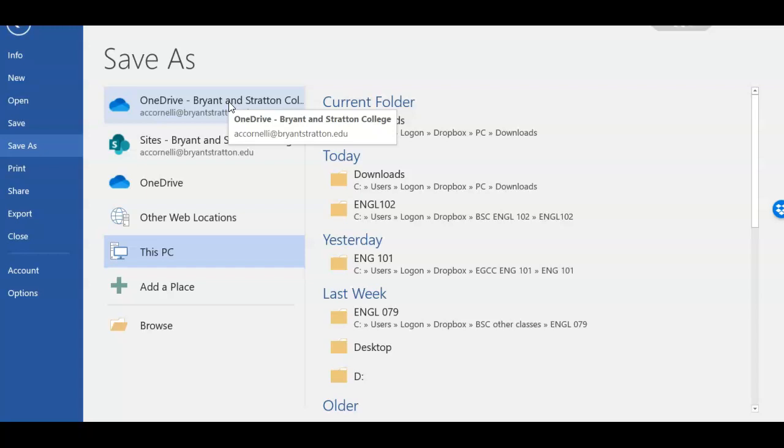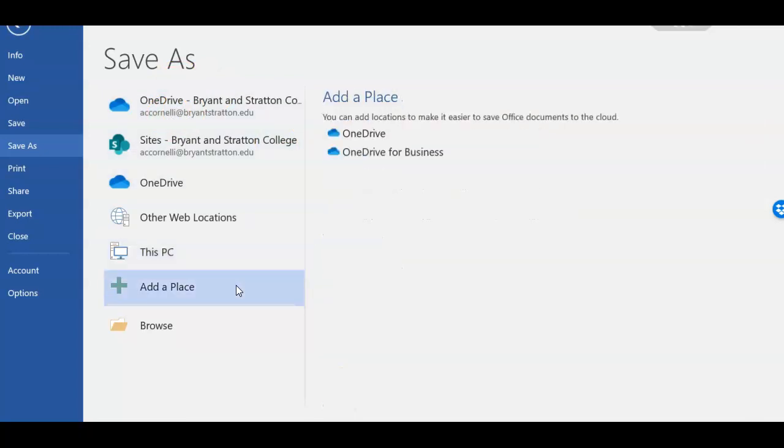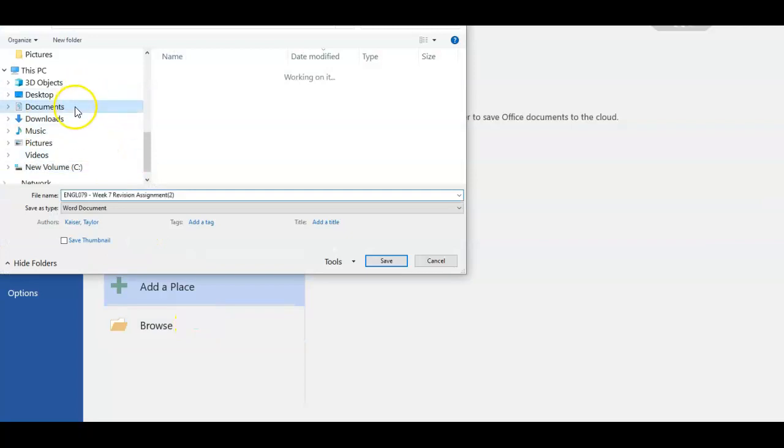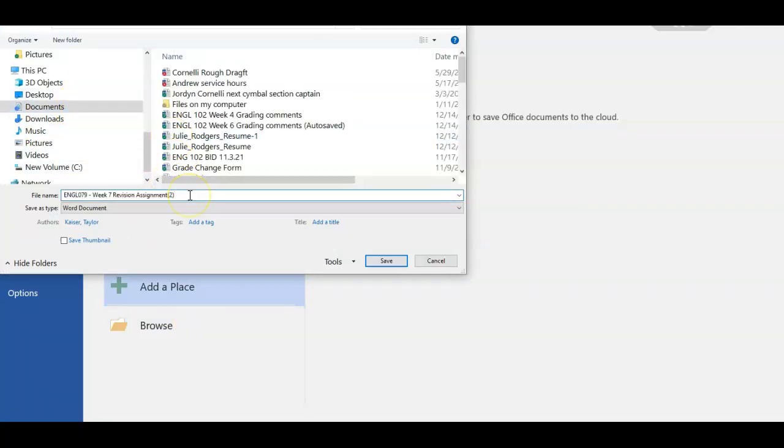I tend to save things just to my hard drive, because I've just done it forever and that's what I always do. So I always just save it to my hard drive, save it to documents. I tend to put my last name on something so that I'm able to find it, and that way when it gets turned in, my last name would be a part of that.